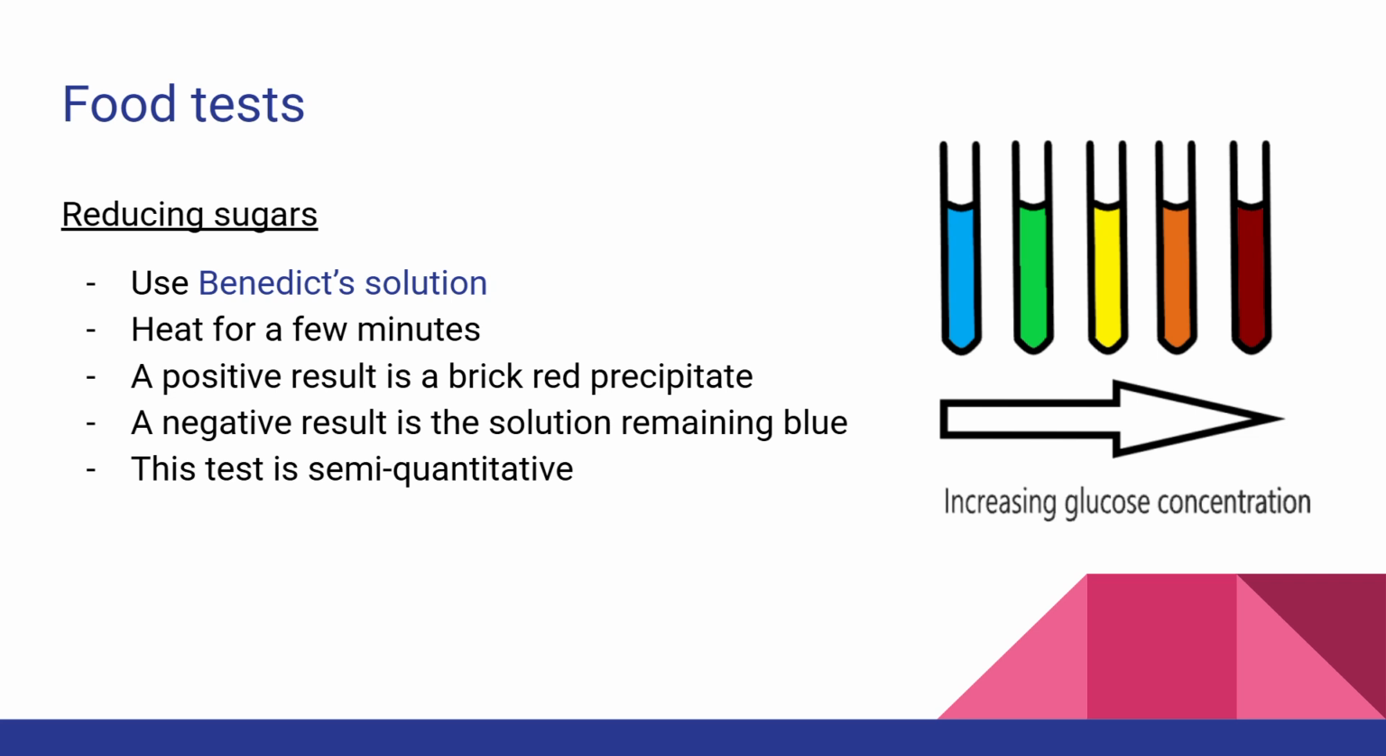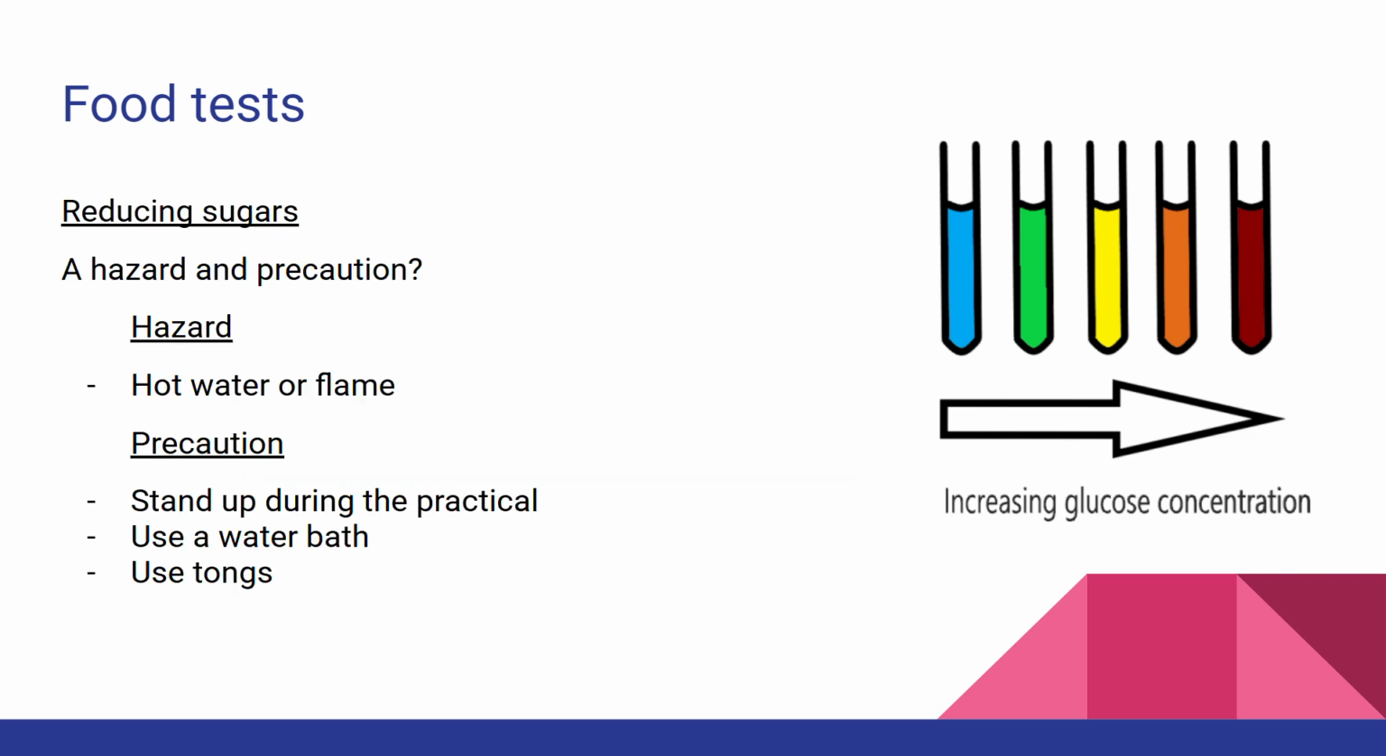So as you can see, as we increase the glucose concentration, the color will change gradually. It will go from blue to green to yellow to orange to finally brick red. Now, just like they can ask you how to carry out a Benedict's test, they can also ask you things like the hazards and the precautions associated with doing so. So the hazard would be the hot water or the flame, and the precaution would be to stand up during this practical, use a water bath, and use tongs instead of just touching the test tube with your bare hands